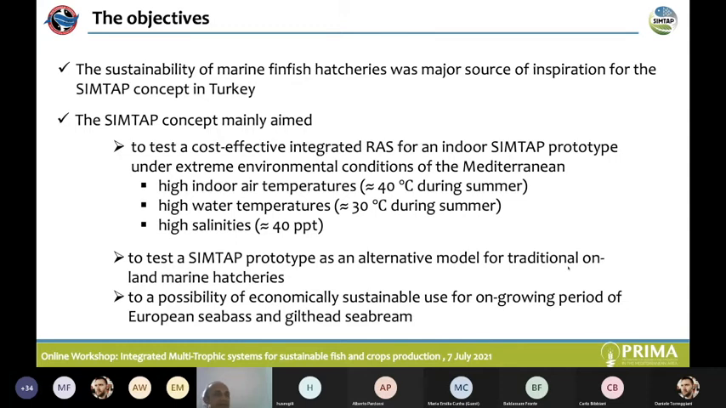In this context, the SIMTAP concept in Turkey mainly aimed to test a cost-effective recirculating aquaculture system for the SIMTAP prototype under extreme environmental conditions, to test the SIMTAP prototype as an alternative to traditional on-land marine hatcheries, and to test a possibility of economically sustainable use for